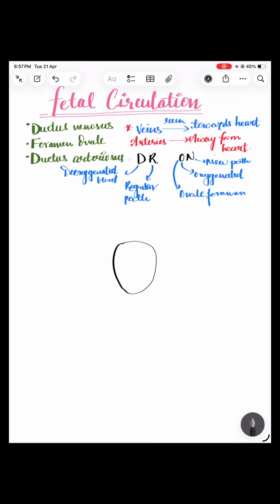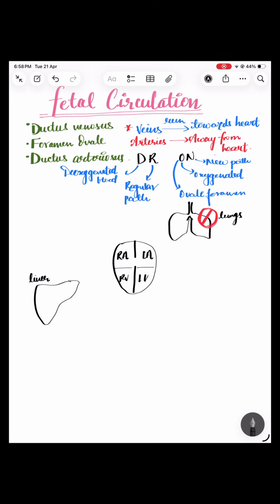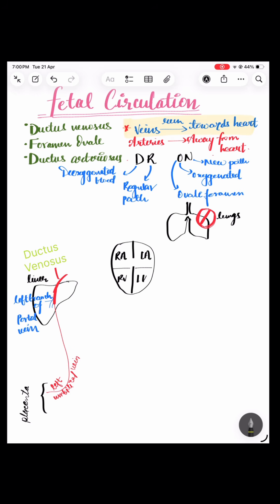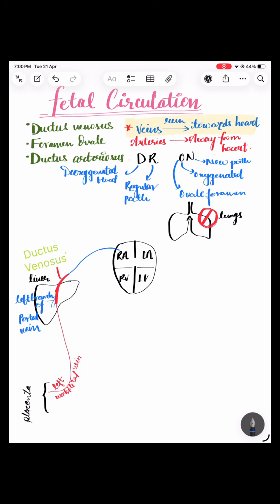path. This is a normal structure of the heart carrying all four chambers. In fetal circulation, the lungs are not functioning and hence the liver comes into a major role. From the placenta, the left umbilical vein carries oxygenated blood, goes to the liver, gives some part of it to the left branch of the portal vein and the major part to the ductus venosus. It then connects into the inferior vena cava and the blood drains into the right atrium.